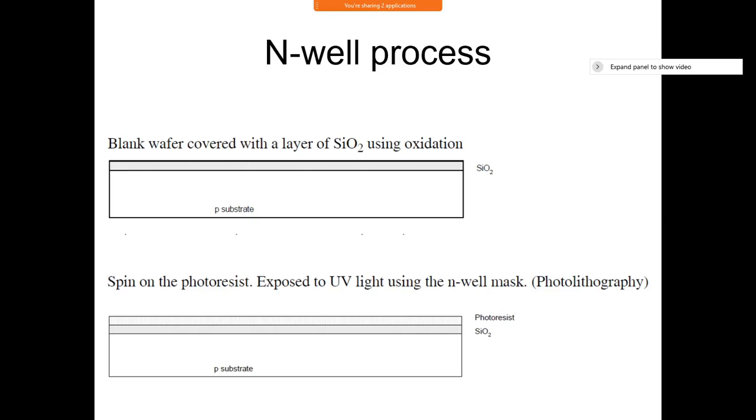N-well is pretty clear, no? Why is it called N-well? It contains more electrons. The process of realizing a CMOS circuit is N-well, because we know that this is meant for CMOS process. When you are looking for CMOS process, you want to realize both NMOS as well as PMOS. Am I correct? Yes, sir.